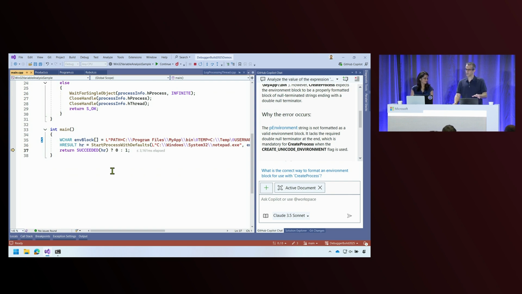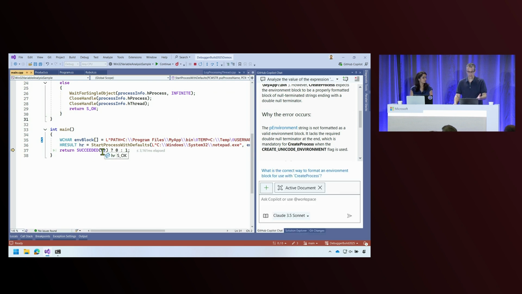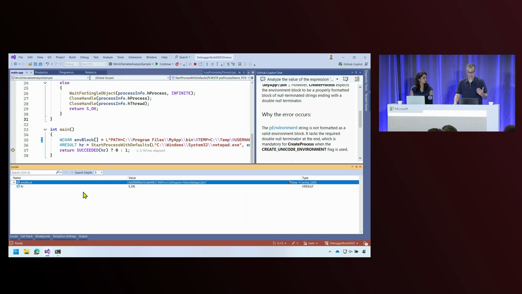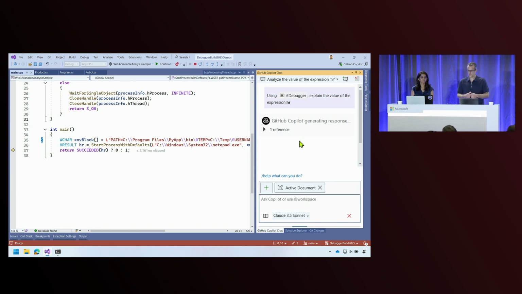Now, for this variable analysis functionality, you can use it in any expression evaluation window we have in Visual Studio. For instance, data tips work here, as we've seen, but you can also go to the locals window and hover over any variable to invoke the functionality. You normally would want to do this on variables that you think have unexpected values, because if you do it on something that's completely valid, Copilot will probably just give you a thumbs up and everything will be okay.